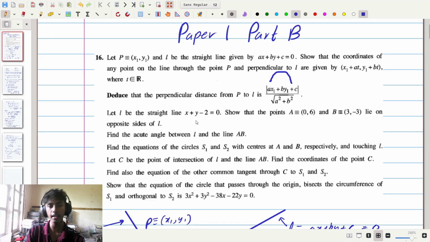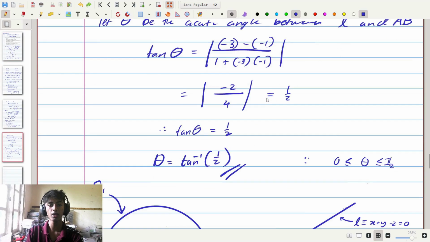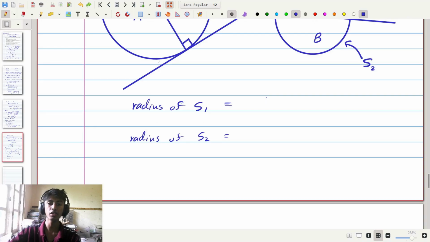So in our line L, we were told that the line L is given by x plus y minus 2 equals 0. Now according to that, if we consider this form, we can see a is equal to 1, b is equal to 1, and c is equal to negative 2. So according to that, if we substitute in this formula, we can see we're going to get modulus of 1